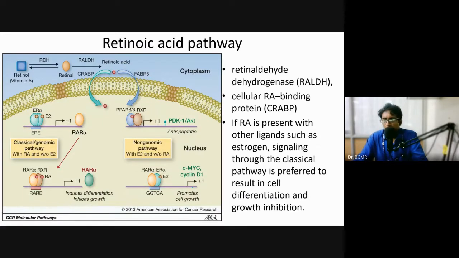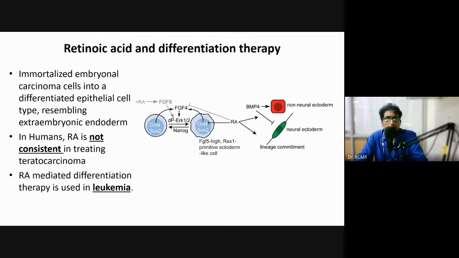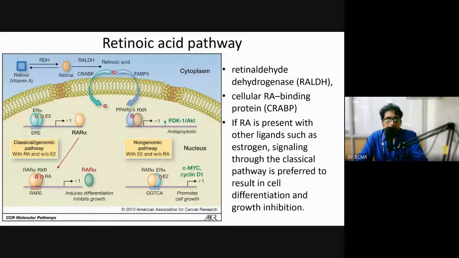We don't have to go through all this pathway, but the classical and the non-classical pathway, I think I have one more slide. So retinol and retinal, and then retinoic acid, which will be taken up inside, and it can bind to this RXR RAR complex, and it will recruit several coactivators and histone acetylases, thereby allowing the transcription of several genes, and